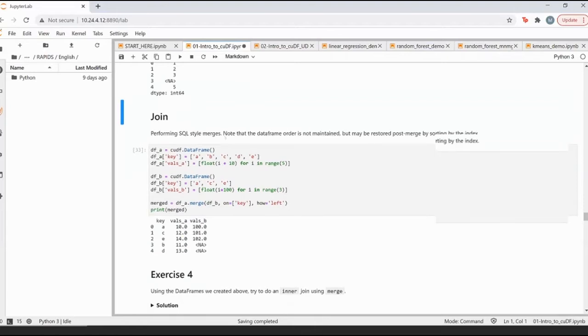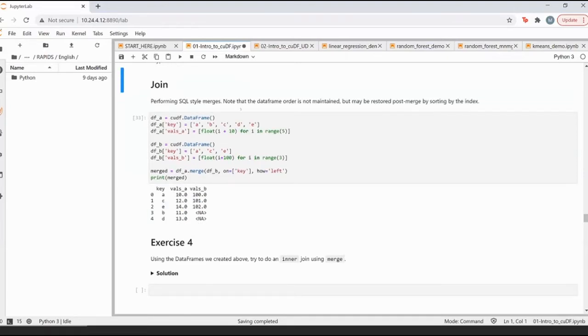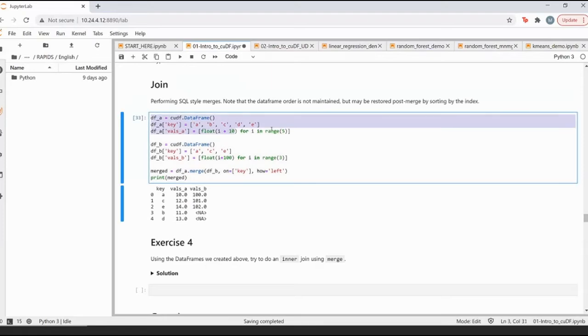The next important point, especially from a SQL perspective, is when you want to do some kind of SQL-style merges. This is one of the examples where I'm just going to initialize a data frame called A, and I'm going to initialize it with these keys and some corresponding float numbers associated with them.